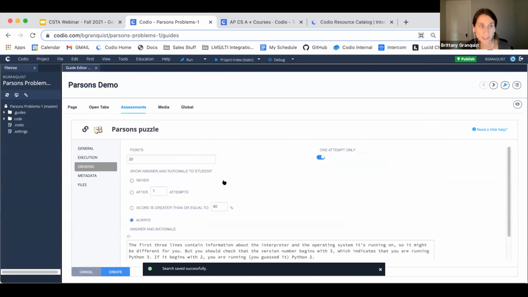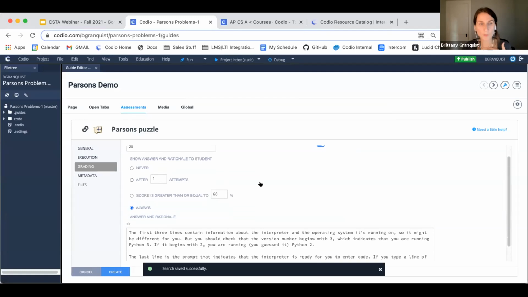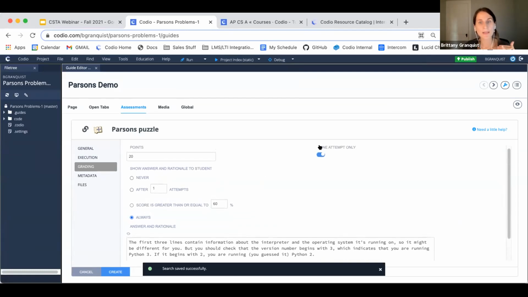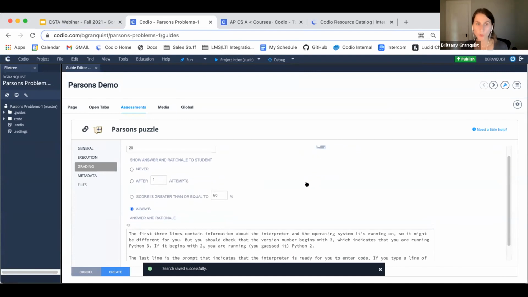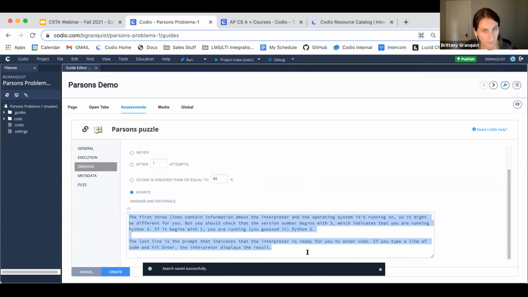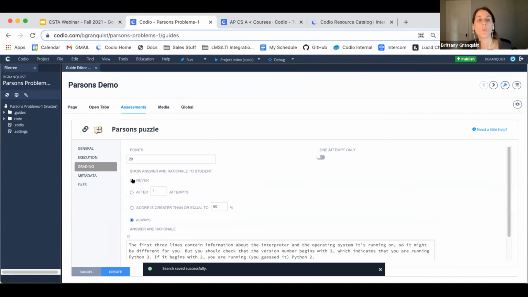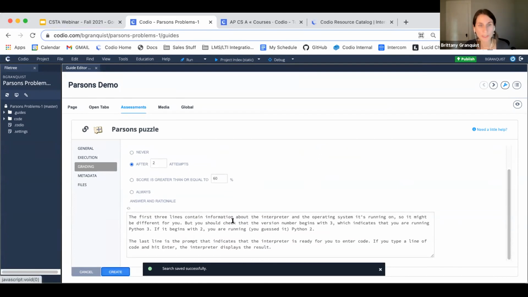You can go ahead and change these things, which I like to play with, because with Parsons puzzles, I like to allow multiple attempts, because the feedback is so specific that you can toggle this off and they can try it a number of times. And then what's also really cool is the rationale is built in for you, and you can decide when or if they get that. So let's say you don't want them to get that, right? Or you're going to give them one try to fix, and then you'll give them that feedback after their second attempt. Those are ways to make it your own. And then you press create.